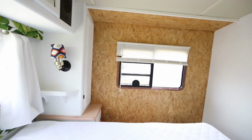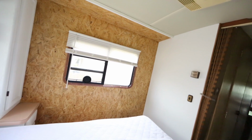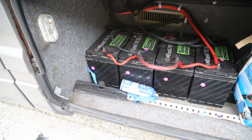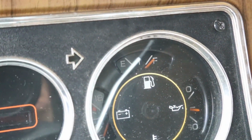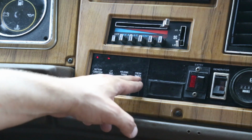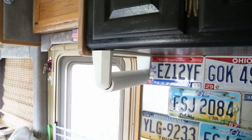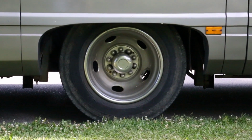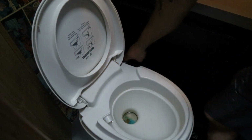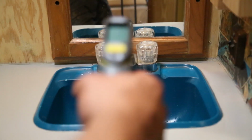The interior is totally redone. You got a 3,000 watt power inverter powered by these 6 batteries, and they're charged by these solar panels. You have a full tank of gas, full tank of propane, empty tank of poop, quarter tank of water, brand new floors, half a roll of paper towels, 3 new tires, the roof's recently been redone, 6 rolls of RV toilet paper. You get a new RV plug, shower works, the toilet works, the hot water is hot,